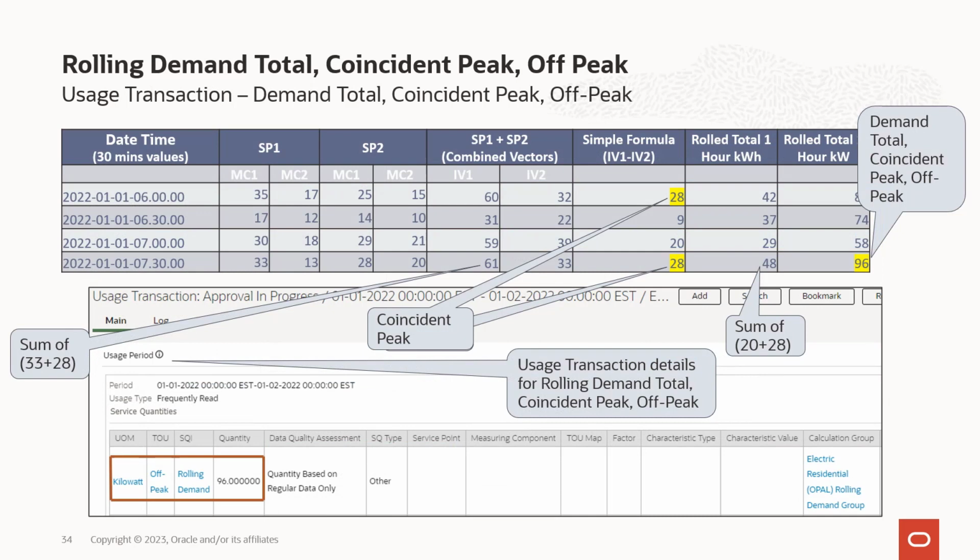After running the usage transaction for a specific date time, you can see the usage transaction page for rolling demand total coincident peak off peak. Here, the system calculates the rolling demand total coincident peak off peak quantity and publishes it for a specified date time. In this example, there are two coincident peak during off-peak hours values. In this situation, the system will select the highest value during off-peak hours of roll total 1 over kW as